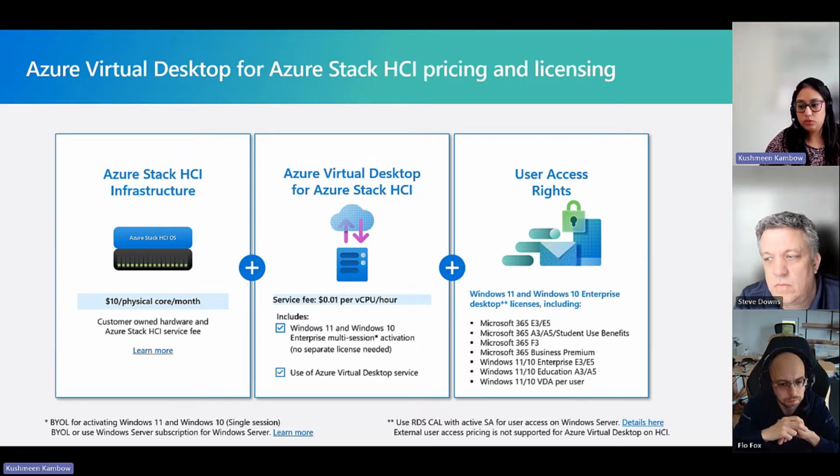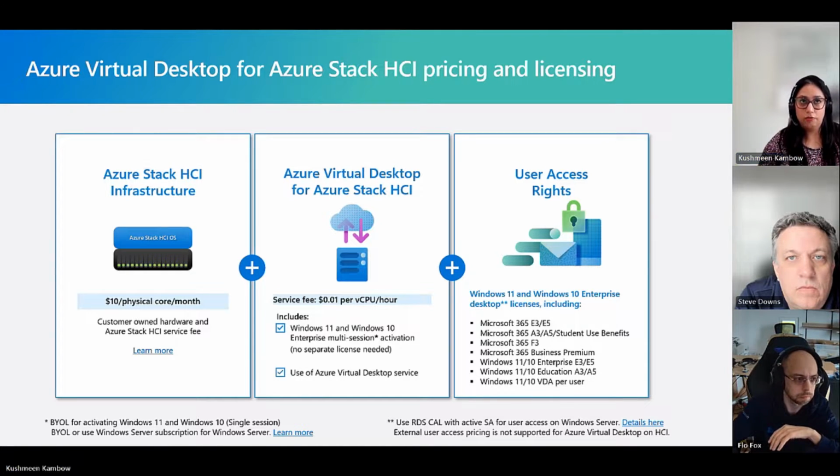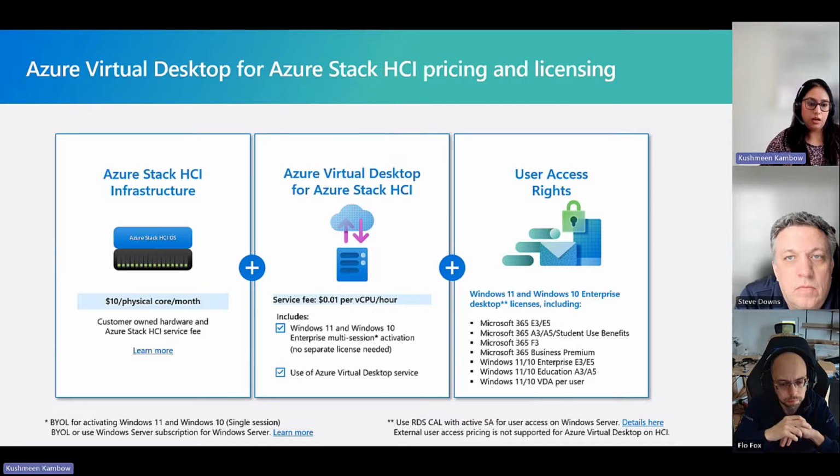It also includes Windows 10 and Windows 11 Enterprise multi-session VM activation. This happens with the IMDS attestation for Azure verification for VMs, right? So you don't need to buy separate licenses to activate Windows 10 and Windows 11 Enterprise multi-session VMs.